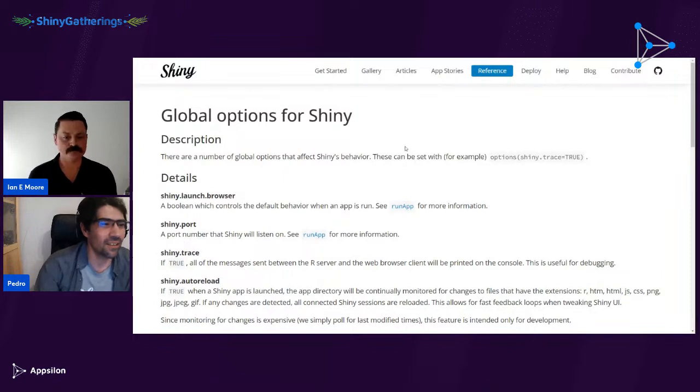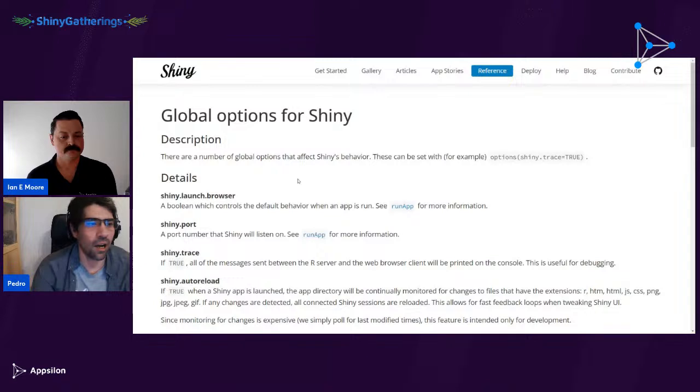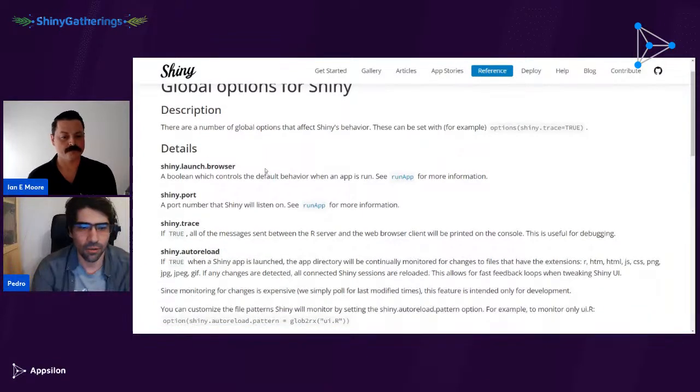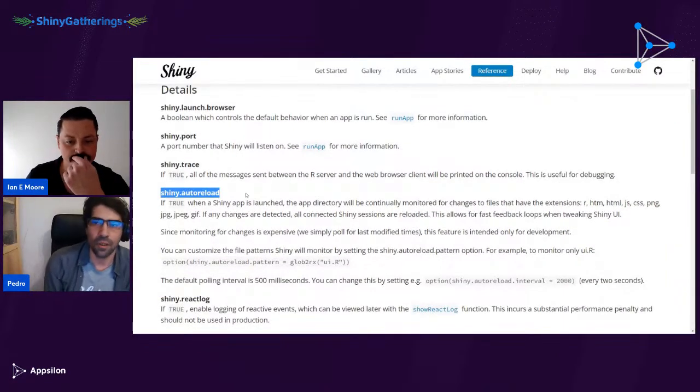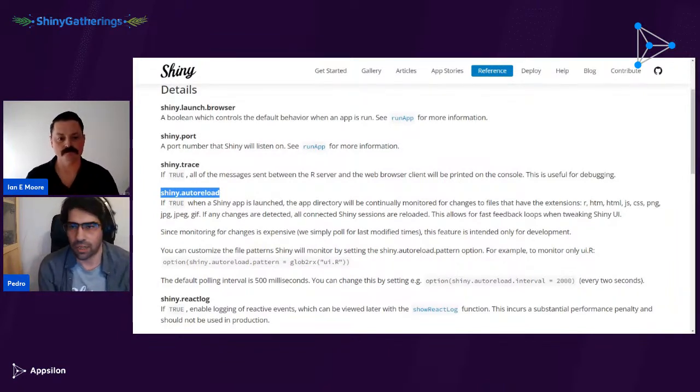Perfect. So there's a lot of configuration options, like flags that you can set up in your R project that will pretty much help you with debugging with a lot of different options. One of them is this Shiny auto reload. So Shiny auto reload will basically refresh the app every time something changes. It can be a bit annoying if your Shiny app is a bit too big because then you need to deal with all the loading and everything. But this is an okay way of kind of tracking it.